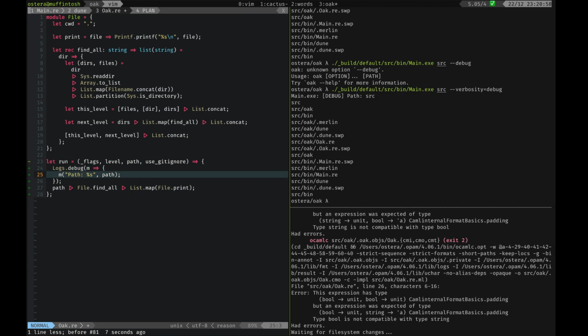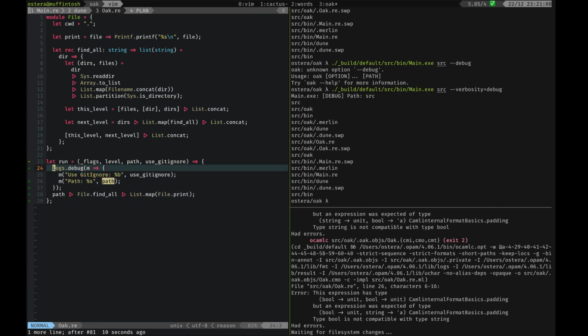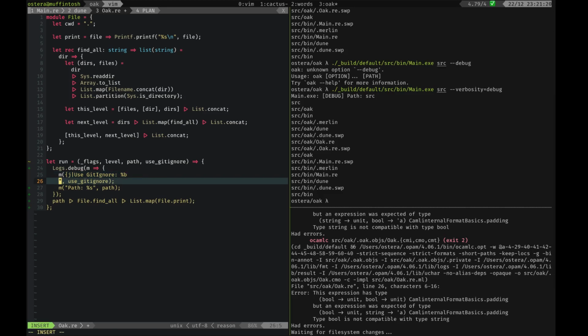Okay, so there's something a little odd going on here in that when we try to log more than one thing at a time in different calls to M, it forgets what's what. So let's do something else. We're going to do a multi-line string, right? And we'll begin with use git ignore, and then the next thing we're going to do is put the path there,